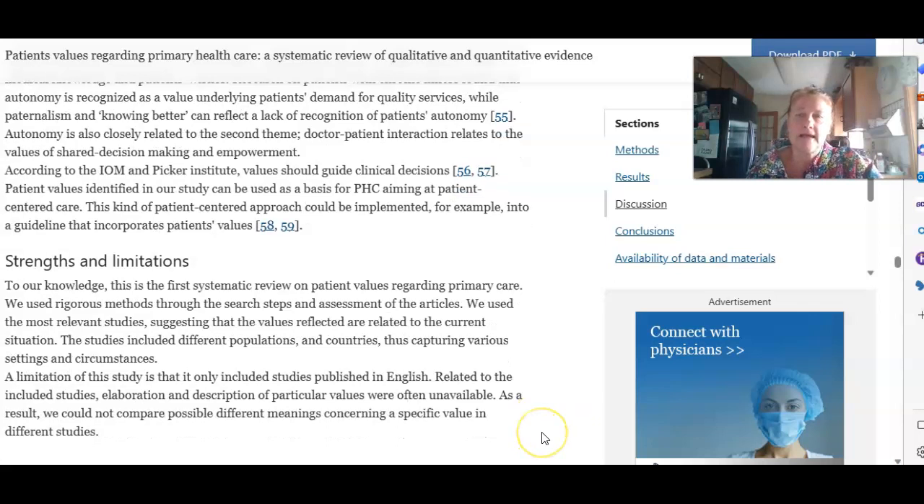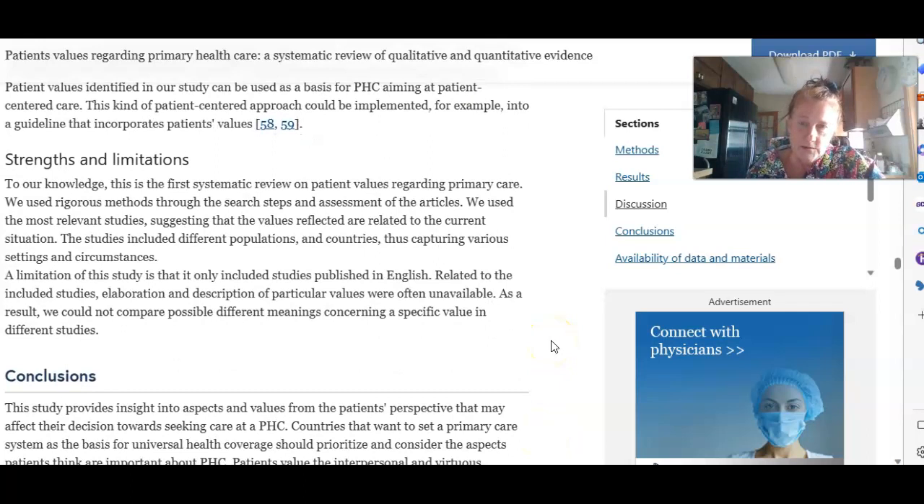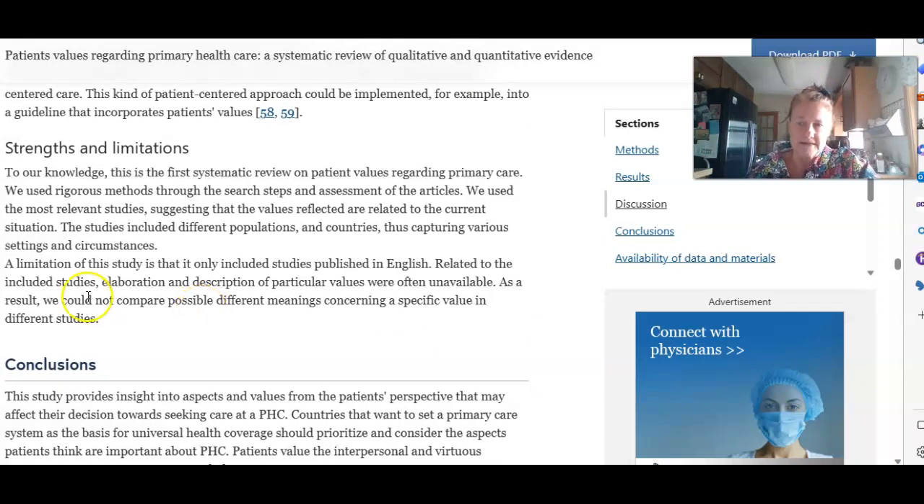So in this one, it's saying that the study was pretty good. They came up with the results that they wanted to, or that they anticipated. But you'll see here that it says a limitation of the study is that it only included studies published in English. So since this study looked at primary care patients' values, things like that,